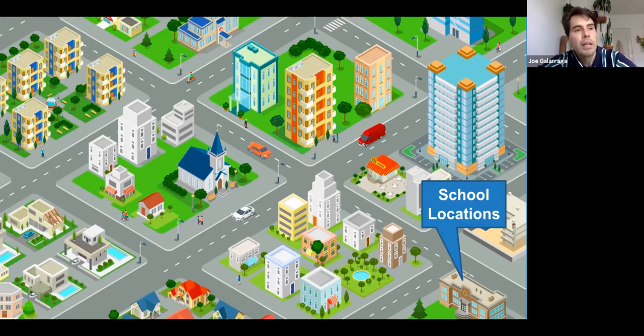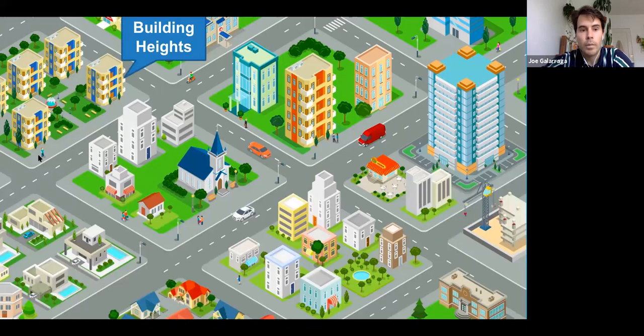During the summers they don't have air conditioning. Then you can see how maybe your school location can even affect your physical health in cases like that. And building heights, these are decisions that also affect your well-being. Maybe your view is blocked by buildings. It's very claustrophobic. You can't see out.